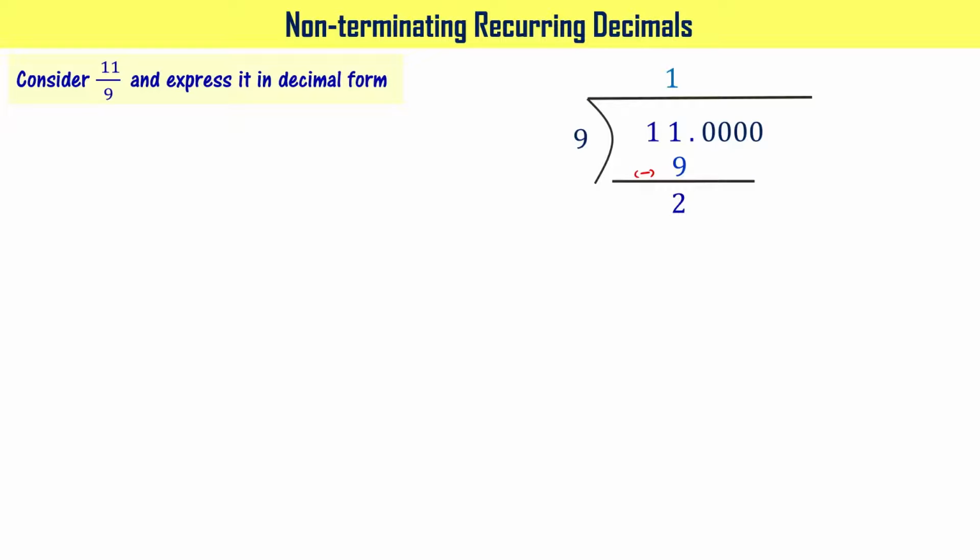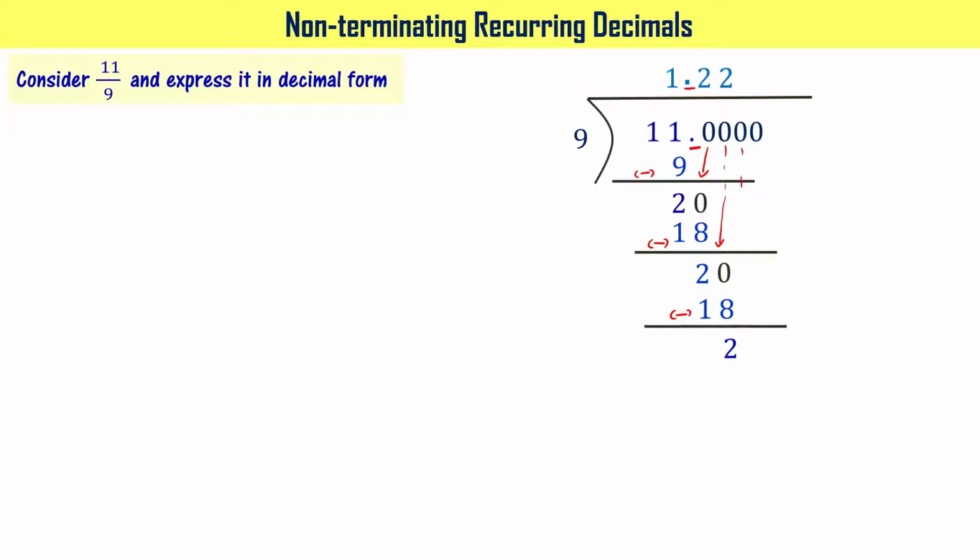Since after 11 we have a dot, the dot has to appear even on the quotient side. Let's write that. After that you bring this particular 0 down so that 2 has now become 20. We know 2 times 9 is 18. Let's subtract that from 20. Once you do that you get 2 as the answer. Now let me bring the second 0 down so that it has become 20. 2 times 9, 18. When you subtract, you are getting again 2 as the answer, right?